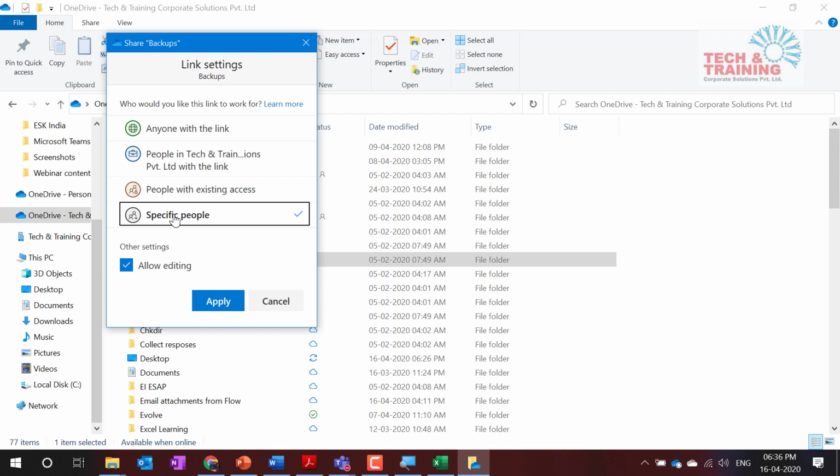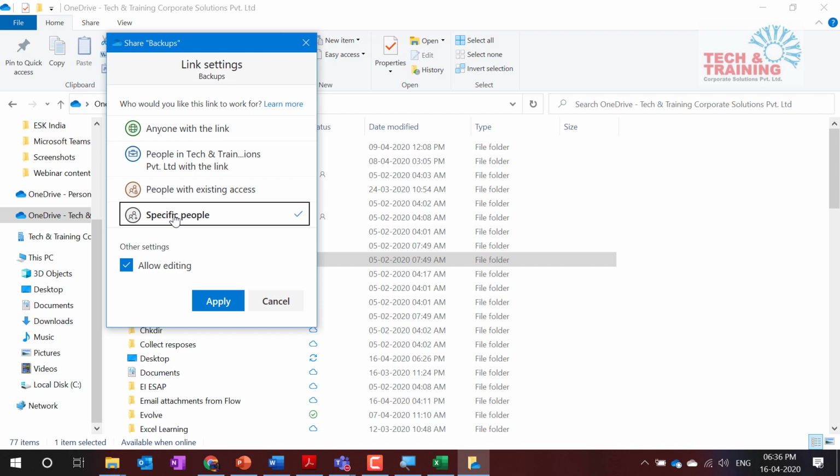Second thing, we have been using email in organizations for ages, and where does our email get stored? On the cloud. So this OneDrive is nothing but a cloud service. The only difference between your email and this OneDrive cloud is that in email you can share in the form of an attachment, and here you can share the actual files. So it is very much possible.